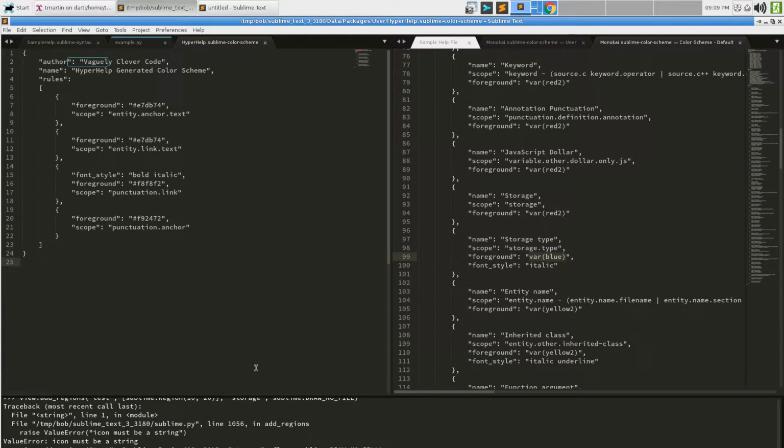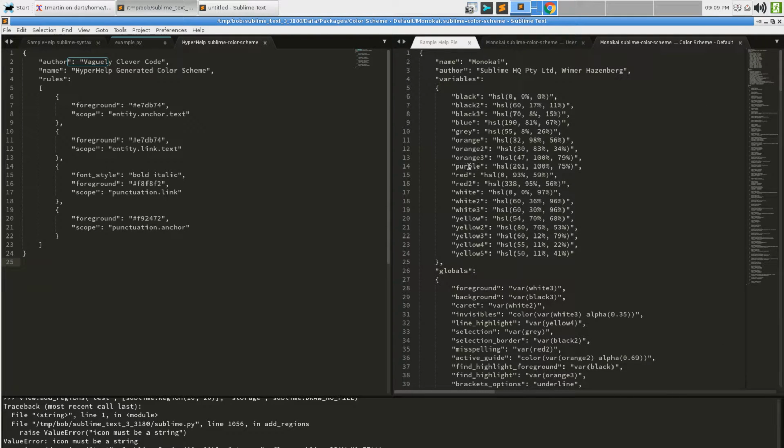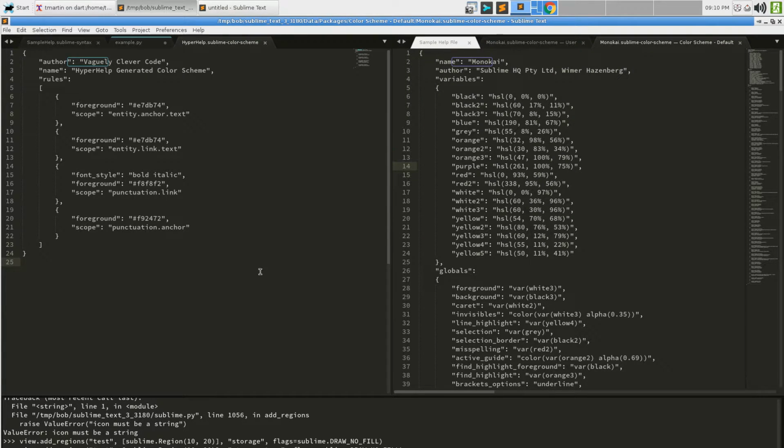Okay, so that works. Now, what if I wanted something that is purple? There is a purple thing here, but what I can actually do is say region.purplish. And I did it in the wrong file, but that is okay. And now you can see it's purple. It just is a purplish color, if you will.